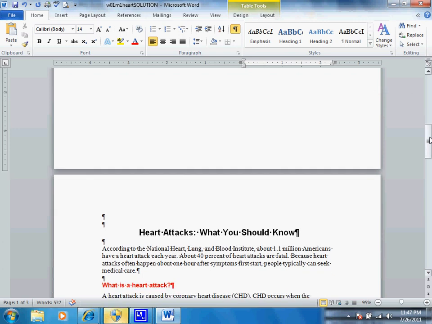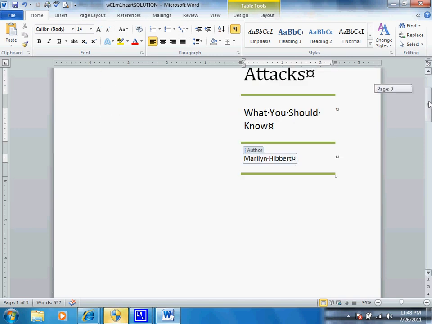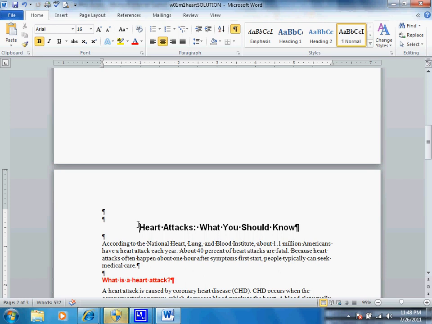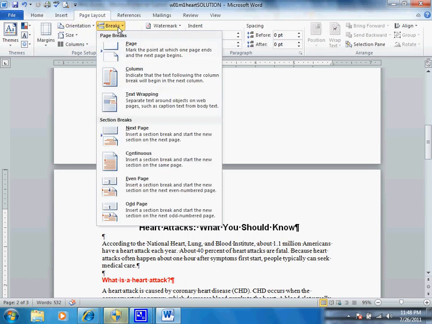When we have a page break, if I happen to center this title page vertically, it would center all of my pages vertically because they're linked together and hooked together. But if I need to unlink things, then I need to create a section break and divide my paper up into sections. So it wants us to go to page layout and put in a break,